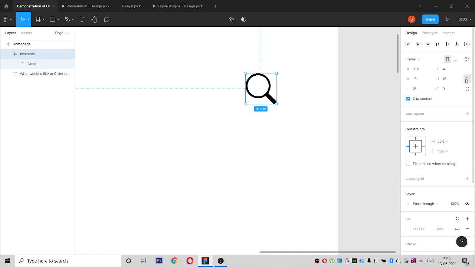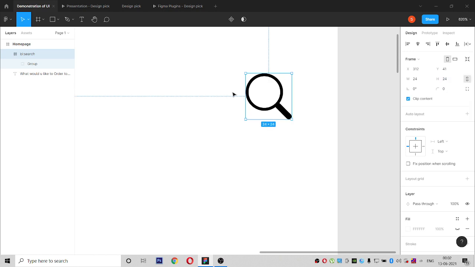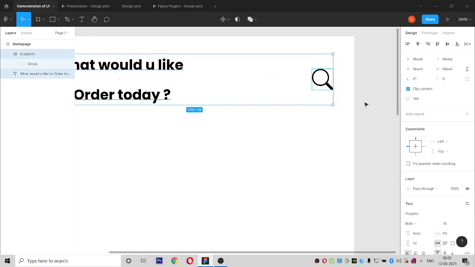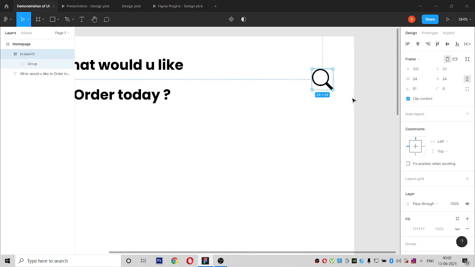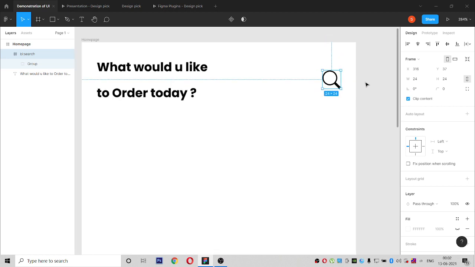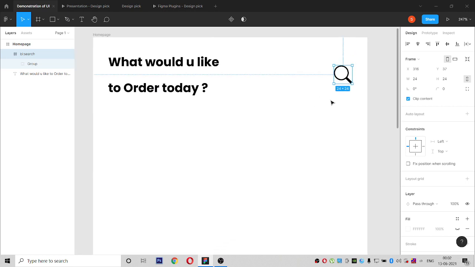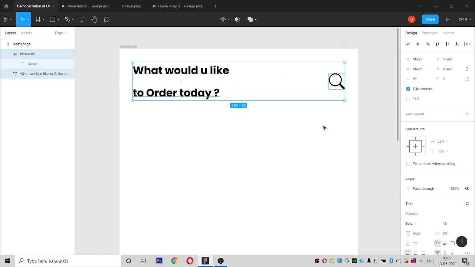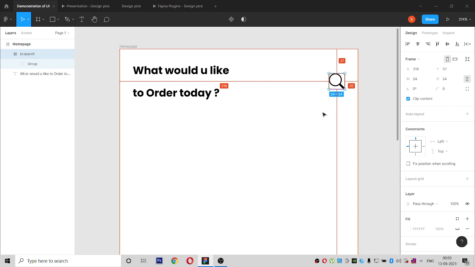We can connect these two, and if you give 24, for example, icon size should not be very high or very small. It should be moderate. It can be from 16 pixels to 24 pixels maximum, and it looks good in a mobile screen. So I am placing it in there